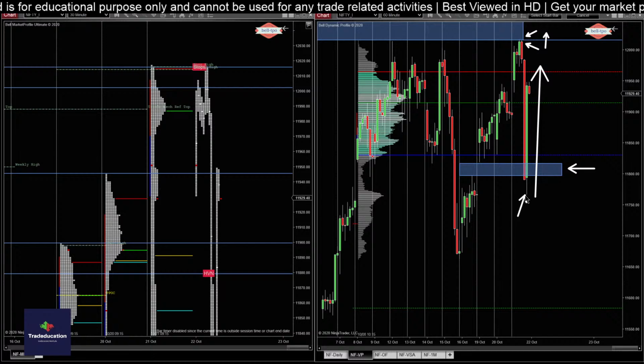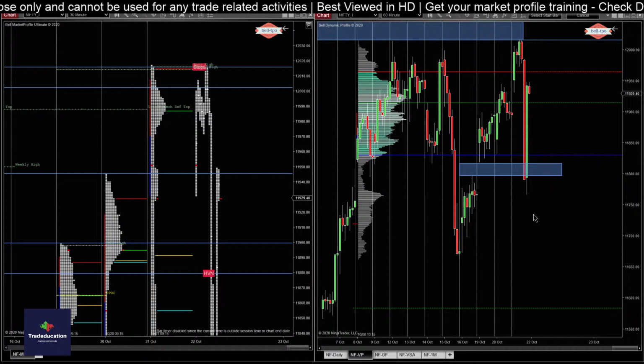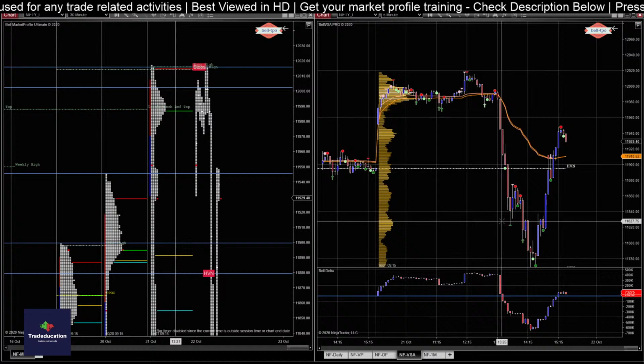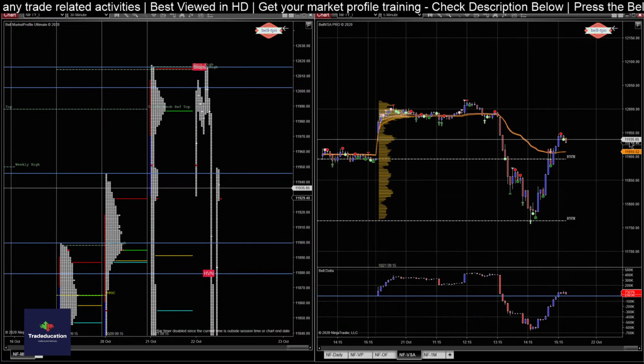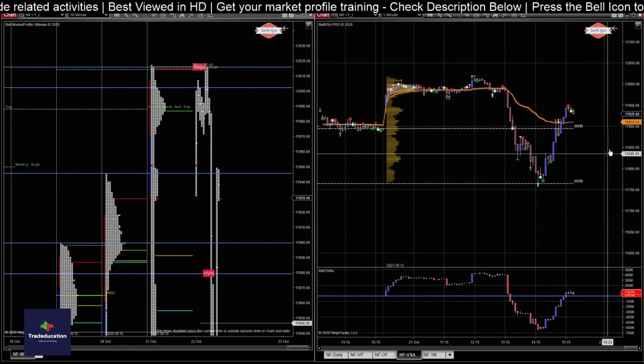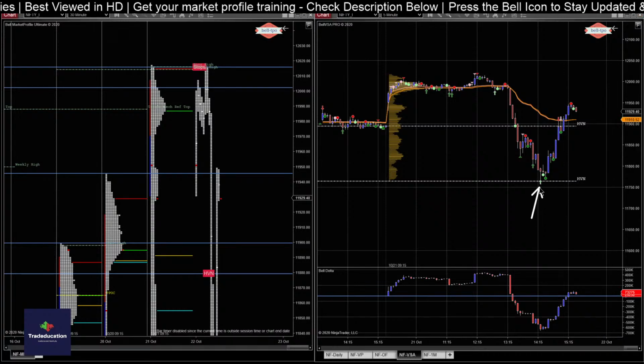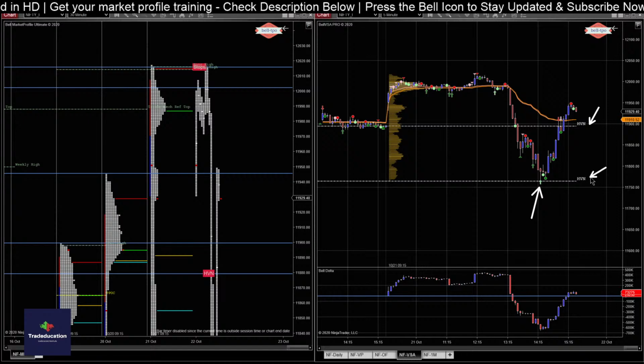The surprising thing is this point where the reversal happened. You would be surprised where the reversal happened. I'll show you from the VSA chart. Okay, so this is the VSA chart, and let me now minimize this. So if you see where the reversal happened, around the HVN, where buyers again stepped in. There were 2 HVNs which I marked.